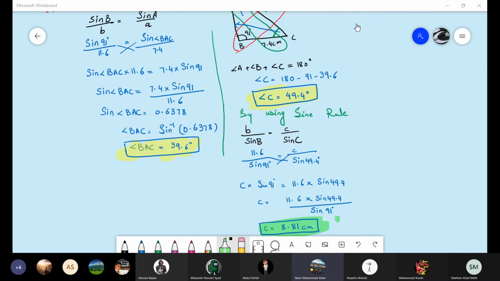Ma'am, now 8D? No, not 8D. By mistake, we missed one question from exercise 8B, question number 5. That was also included in the SOS. So we have to do that. 8D is the last exercise. From 8D, we have to do questions 1 to 7. You can mark the questions. But inshallah, 8C we will continue tomorrow. 8D, the last exercise.